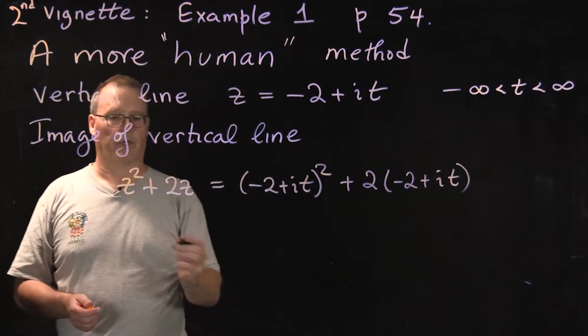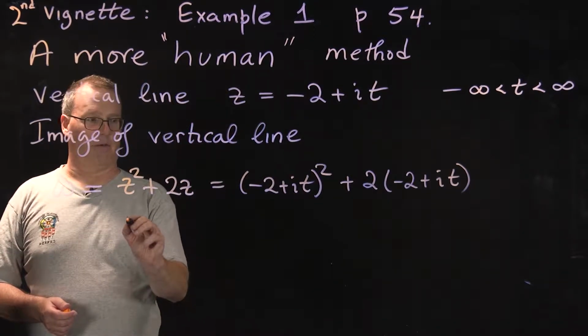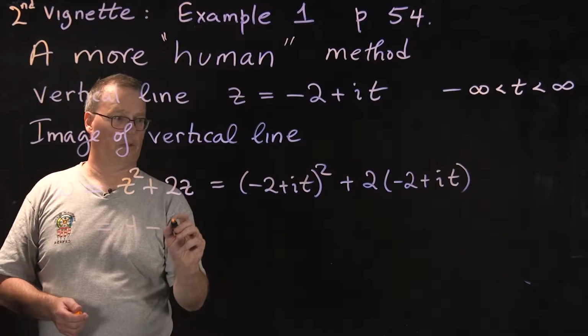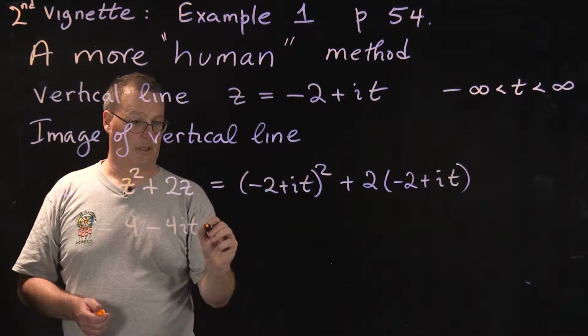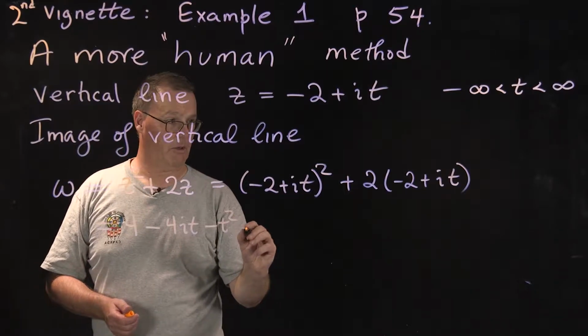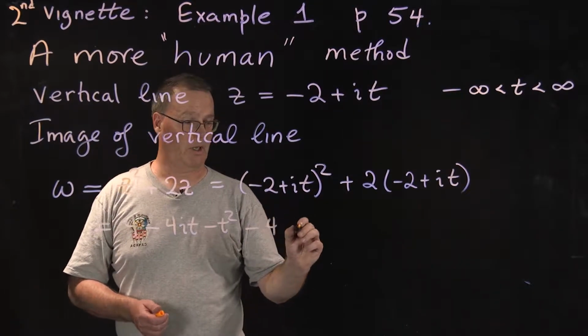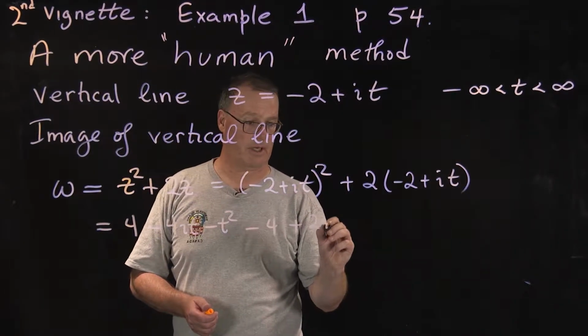We say, oh, you just work it all out, and you get 4 minus 4it minus t squared minus 4 plus 2it,